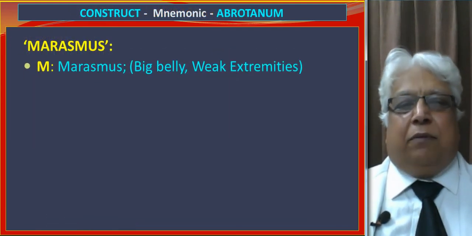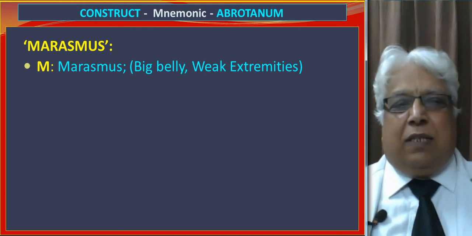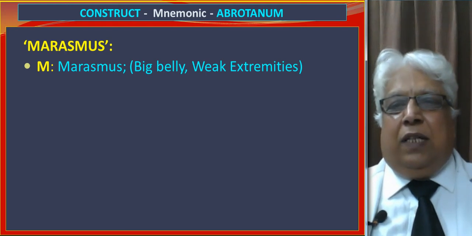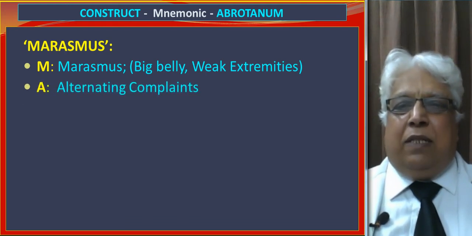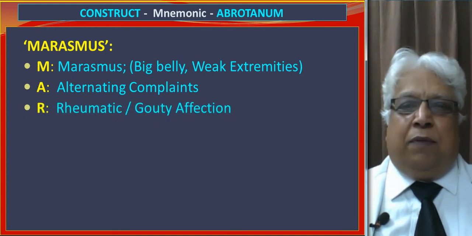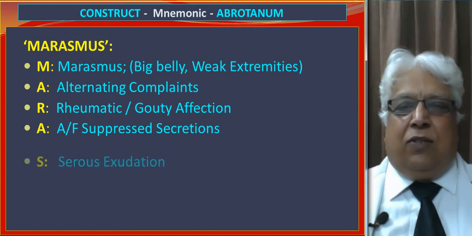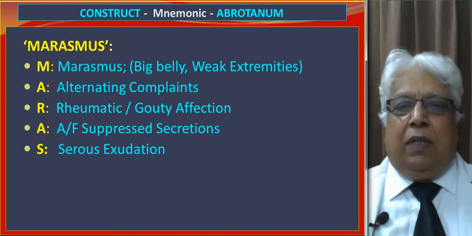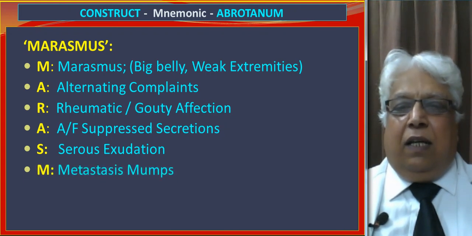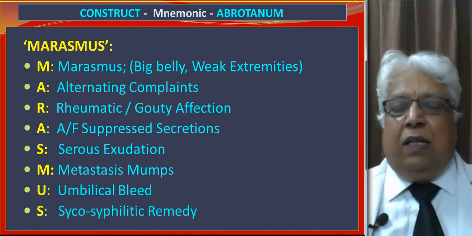And more than that, we are going to make a small mnemonic. Marasmus is the central idea. So here M stands for marasmus, A stands for alternating complaints, R stands for rheumatic gouty affections, A stands for ailments from suppressed secretions, S stands for serous exudations, M for metastasis, U stands for umbilical bleed, and S stands for